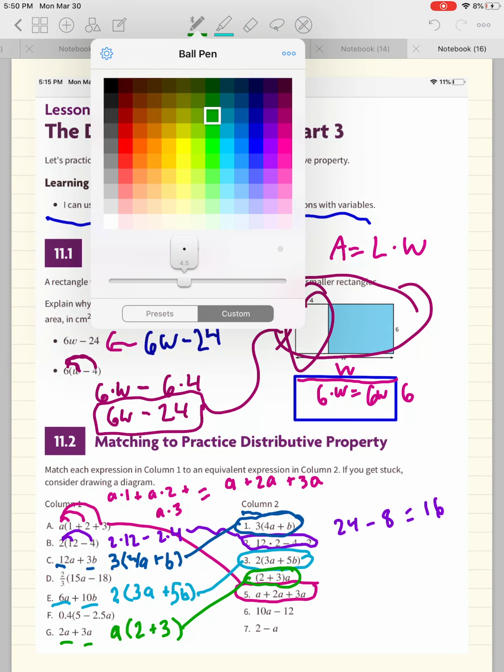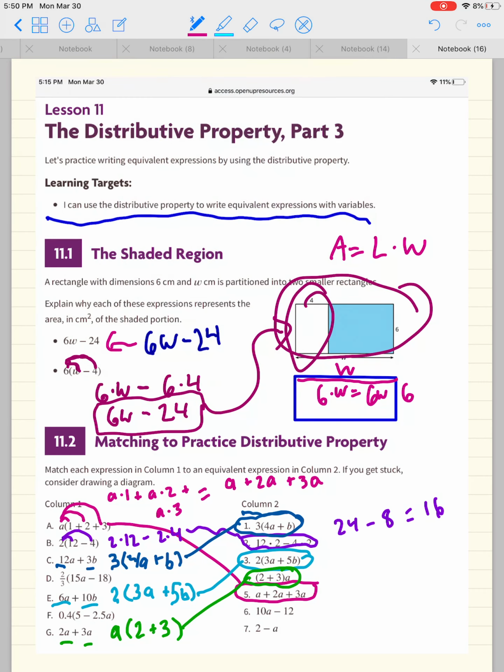Alright, I saved these two for last just because they're a little bit more complicated. So let's look at D over here. What we need to do is distribute the number on the outside of the parentheses. So we're going to distribute this 2/3 to both and do 2/3 times 15A minus